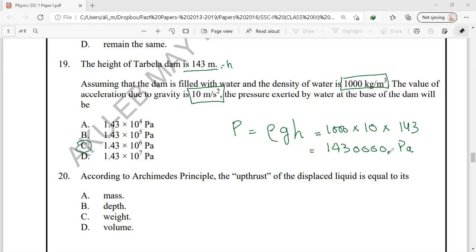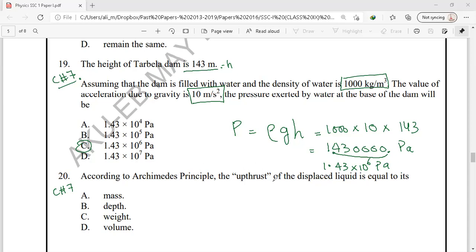We will convert this expression into scientific notation. So this will become 1.43 times 10 raised to the power 6 pascals. And this is our question from chapter number 7, Physical Properties of Matter. Question number 20, once again, chapter number 7, Physical Properties of Matter. And according to Archimedes' principle,